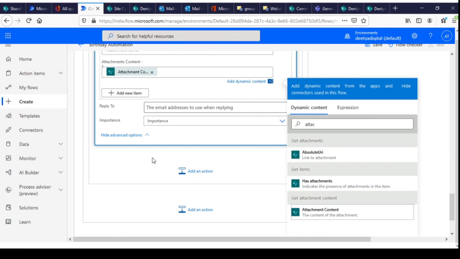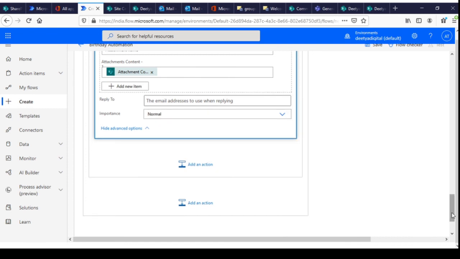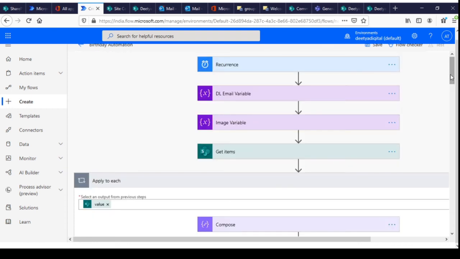Change the importance to normal. That's it. Our flow is ready. So just save it.